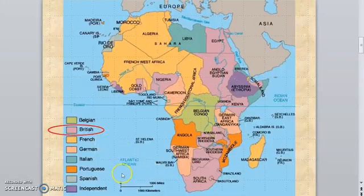What was the result of this? The result was that all these powers of Europe ran into Africa to get new territories. And Britain was one of those powers of Europe. As you can see, shaded in this color, all the possessions that Britain got in Africa. So what did this mean? This meant that there was a new